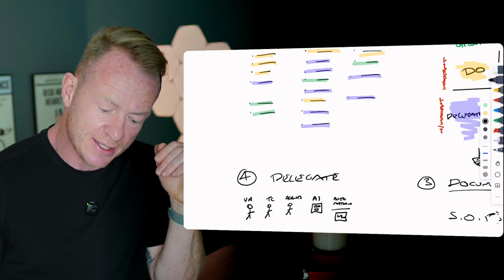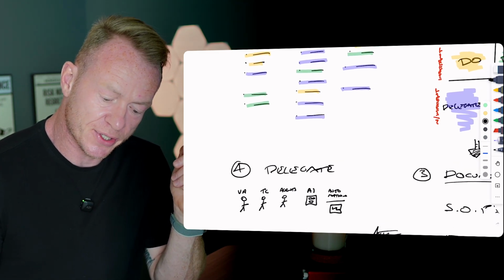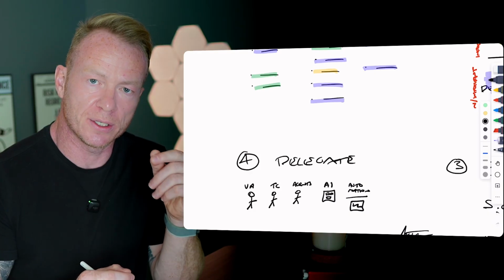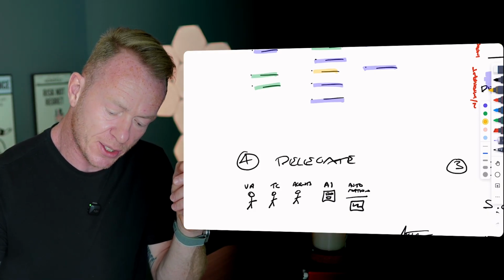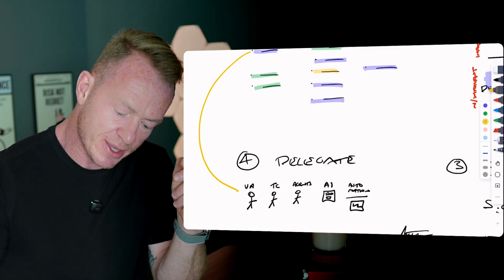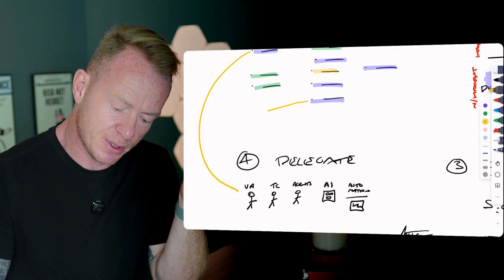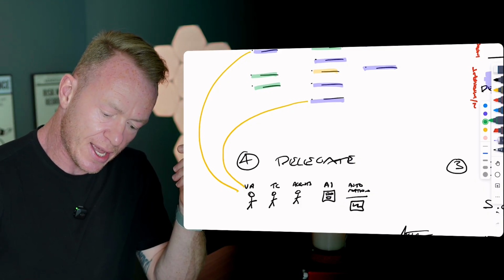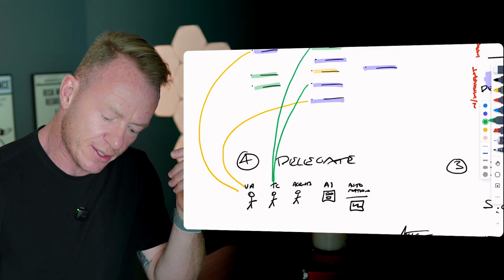So what you would do is then really just start to think about, okay, which of these tasks that I'm going to start with in Delegate are going to go, and who would I want them to go to? So for instance, if it was something like a video editor, then hey, we're going to bring that to a VA. If it was maybe social media management, yeah, let's bring a VA in for that as well. Maybe it's obviously your contracts, then yeah, we want to bring that into a TC. Listing descriptions, bring that to a TC.